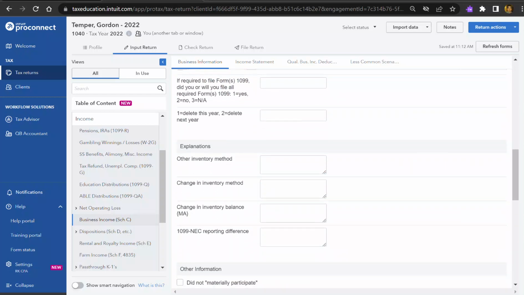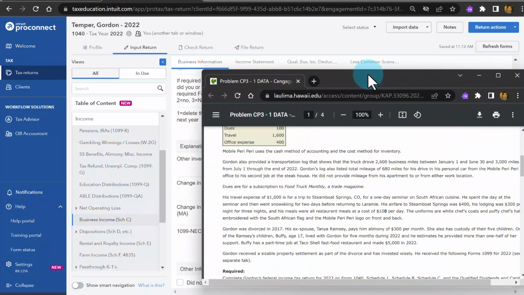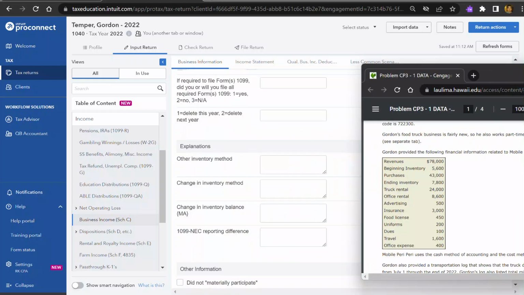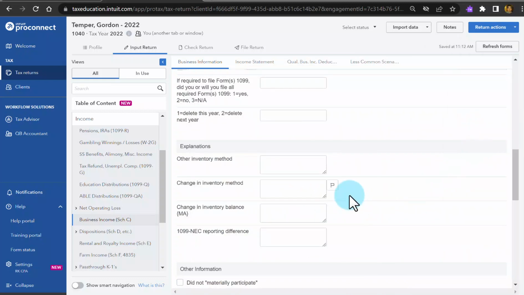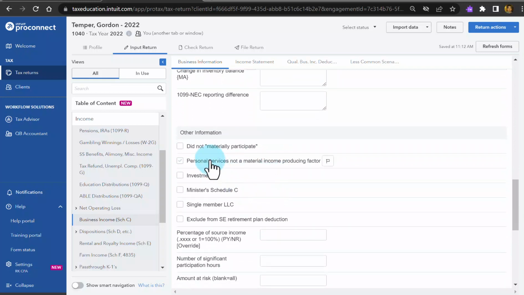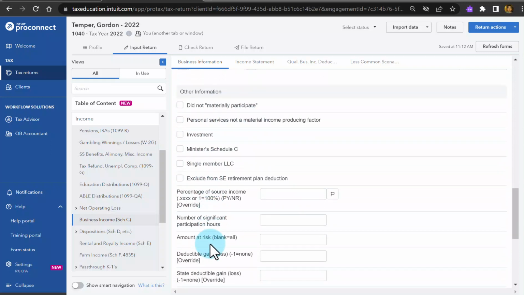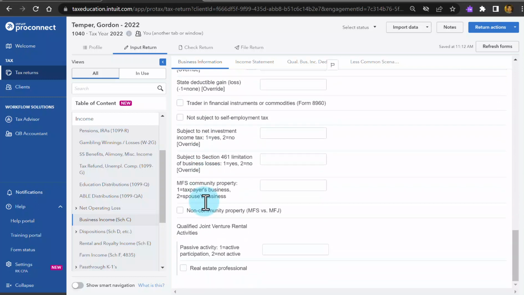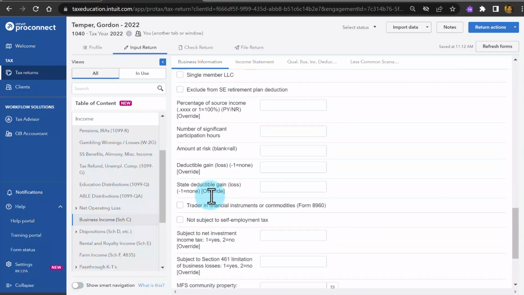Okay, inventory. I'm looking at, of course, the shaded box here with all these numbers, yeah, for his Schedule C. So inventory change, or no, don't need that. He did materially participate, so if there's a loss, he gets to deduct it. Yeah, here it says did not, so I'm not going to check it off. Personal service. Okay, we can leave all of this blank. Let's move on